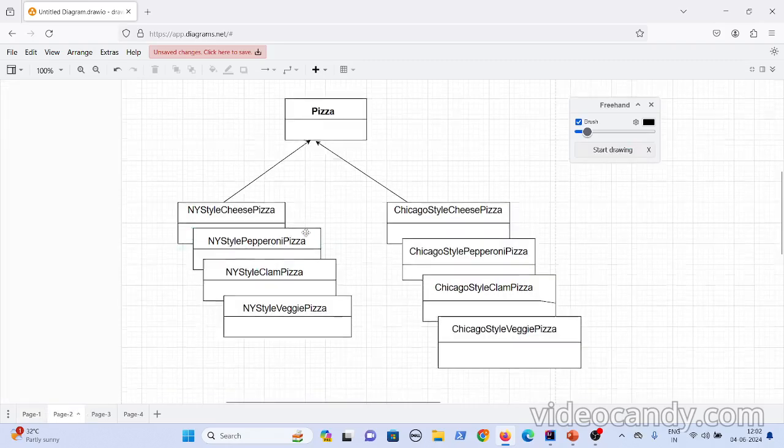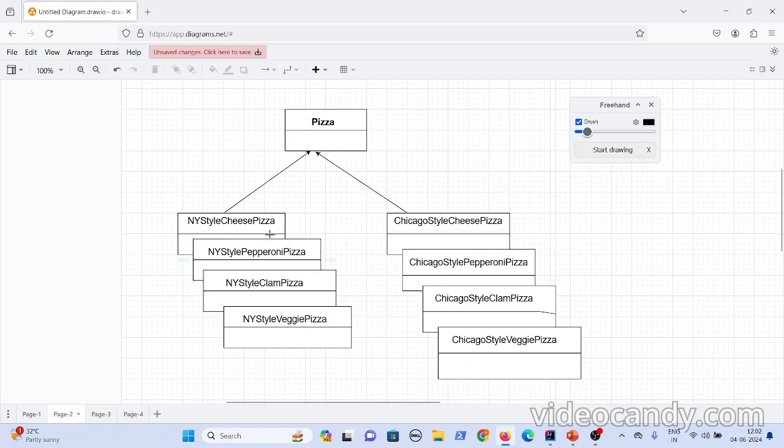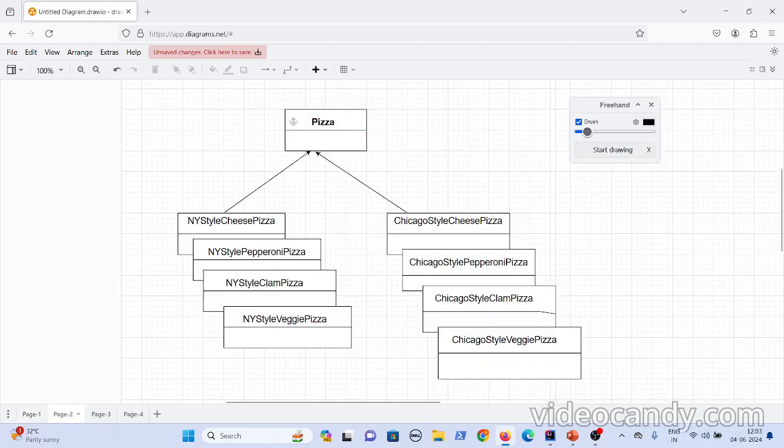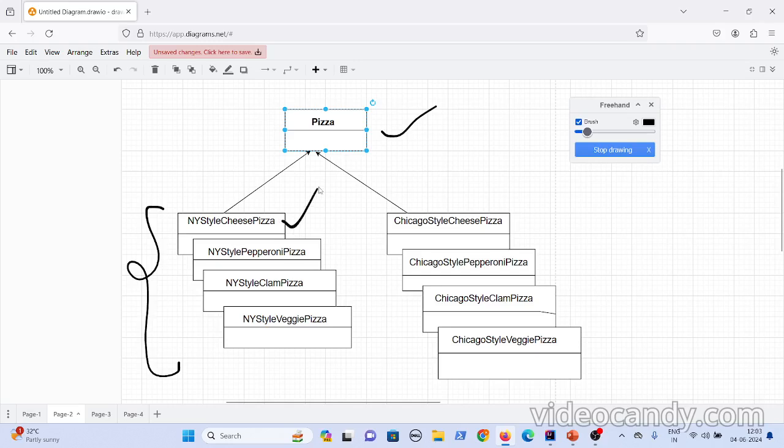Now let's see this. You have two parallel hierarchies here. One is the pizza store hierarchy, where the New York style pizza store extends, and you have the creation logic here, right? And you have another parallel hierarchy, where you declare pizza as the superclass, and then New York style cheese pizza, veg pizza, clam pizza all get extended from it.